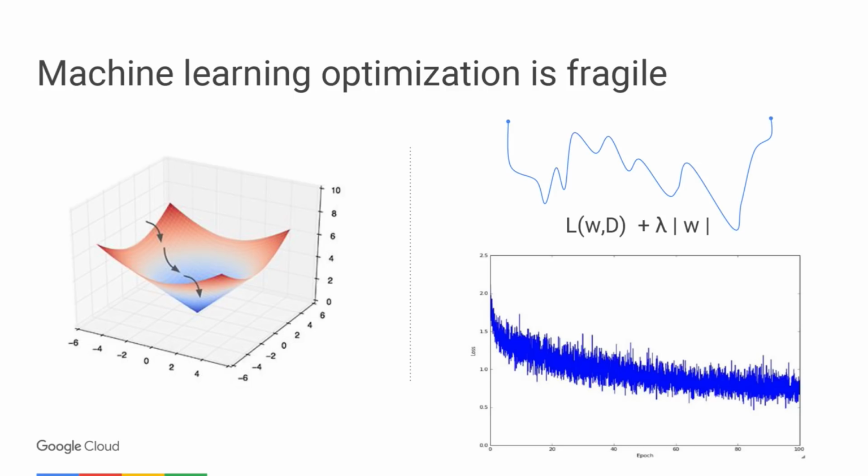Our third principle is focused on how we do the machine learning optimization. As you know, it's fragile. Because surfaces are not always convex and sparsity problems